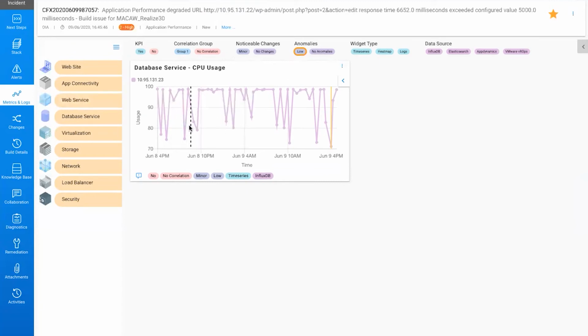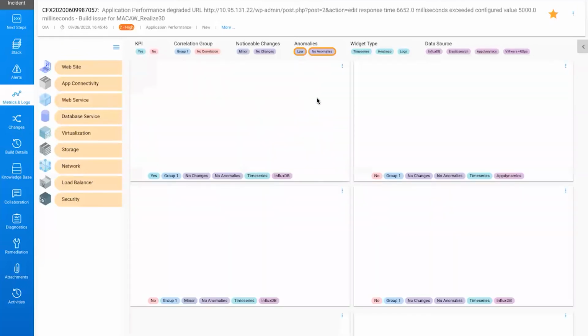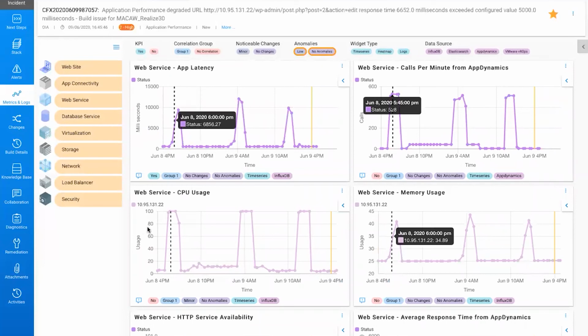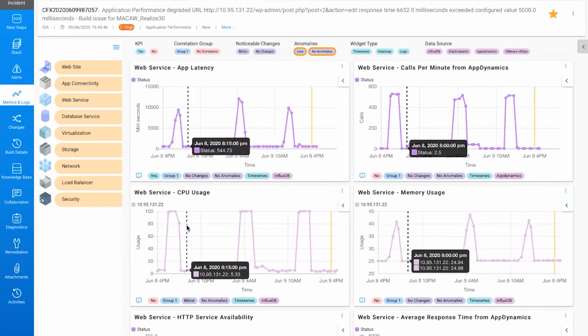So here in this case, the filter is, I wanted to see where it has observed anomalies. Here, the database service has seen the anomaly. But again, this is the marker where the incident happened, and it is going back an hour here. I mean, it's actually 4 hours here, or 24 hours, depending upon how far you want.